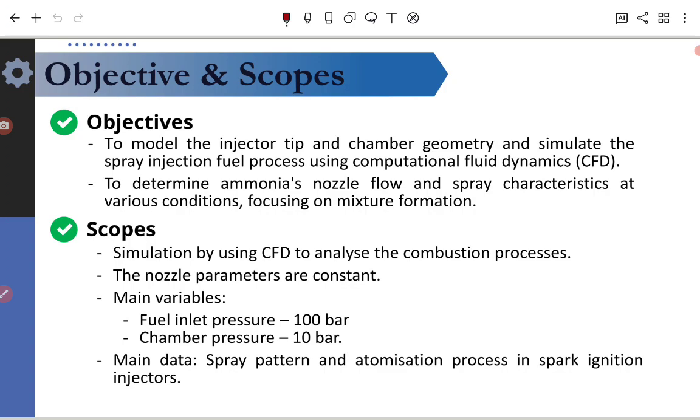During this project, the simulation will use CFD analysis for the combustion process, and the nozzle parameters are constant. The main variable that we change during the simulation is fuel inlet pressure, which we set at 100 bar, and chamber pressure, which is 10 bar. So the main data that we want to extract from the simulation is the spray pattern and atomization process in the spark ignition